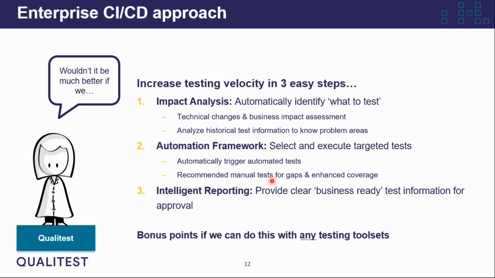Finally, we send that output of what passed, what failed, where were the errors, what were the errors, to the intelligent reporting. This is where we look at that continuous improvement. So not only can we make a decision on the immediate release, we can also make decisions over time, gather data, all this intelligent information coming through, use it to continuously improve and make decisions. And it doesn't matter what tool sets we do this with. We can do this across the board. So that's the 3 easy steps that we think, and we say easy, we understand there's a lot of difficulty and practicality, but we try and simplify it as best we can.